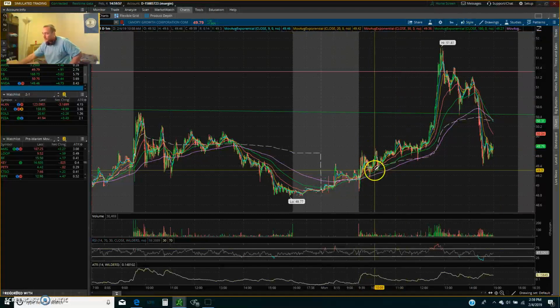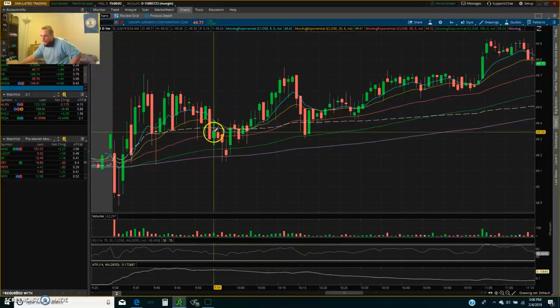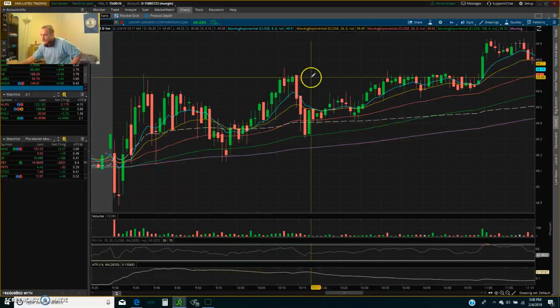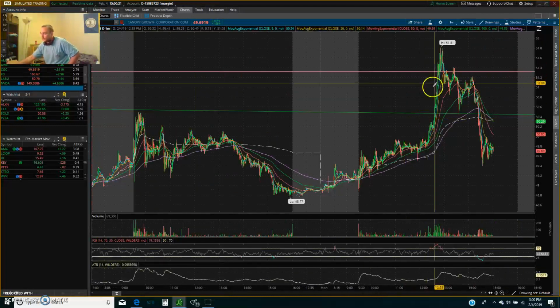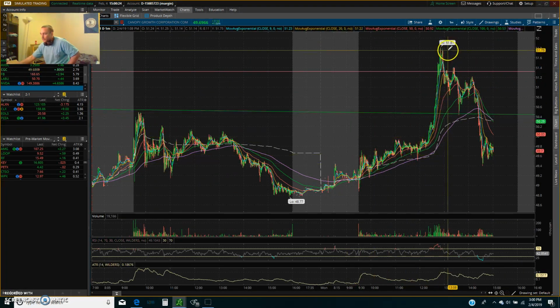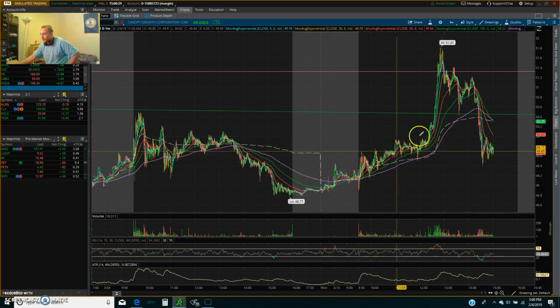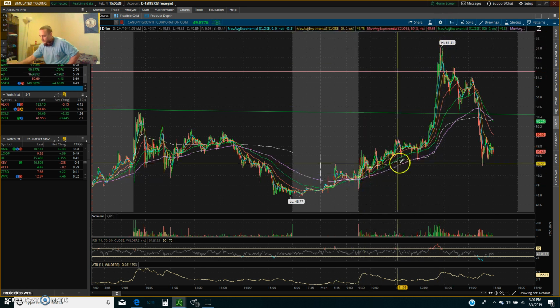Basically I let it go. Once it broke under the VWAP right here, the volume weighted average price, I sold it. I sold it on the second candle near the VWAP before this big drop, and I got shook out. And it ended up running. It ended up running pretty big, and now it's sold all the way back down. But this is why I was so cautious with that, and I got in early, and you can see that was a false breakout here.